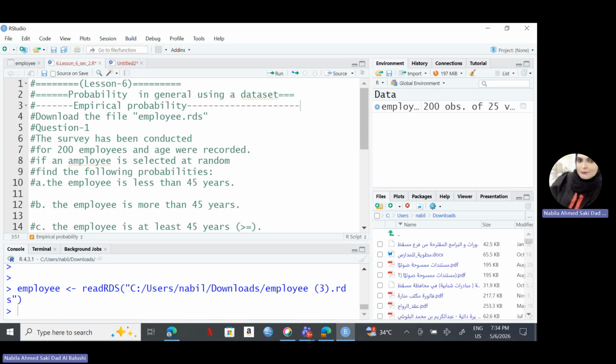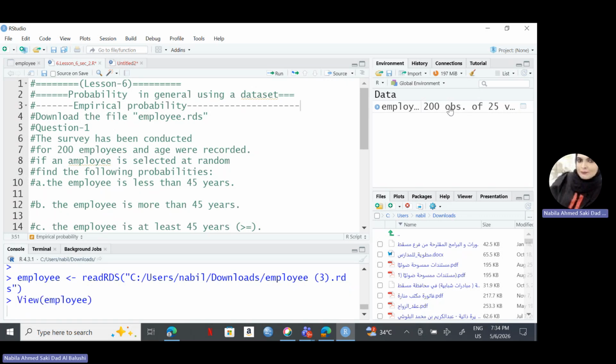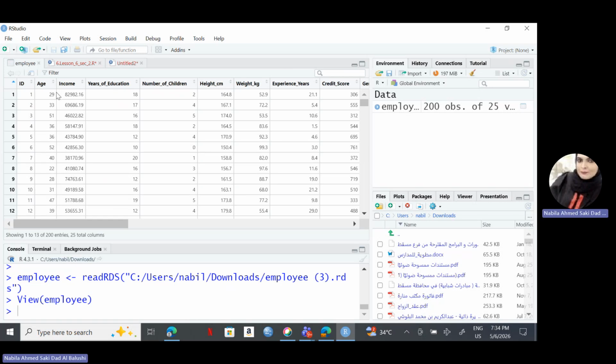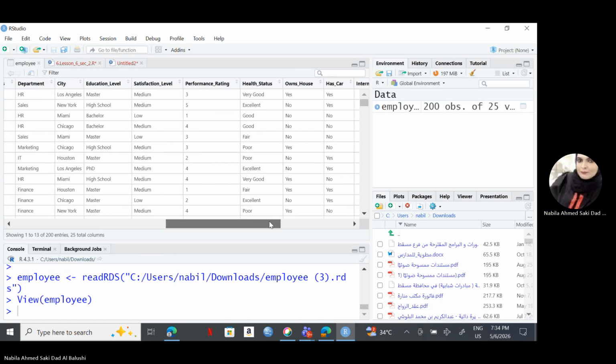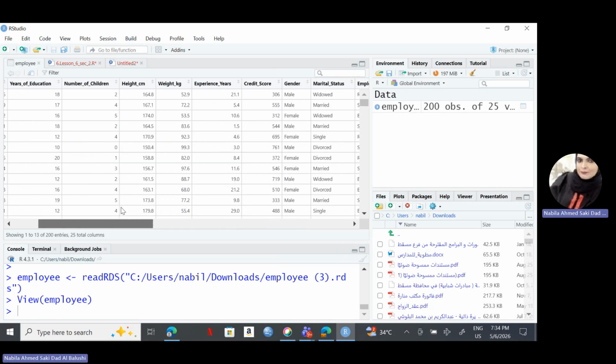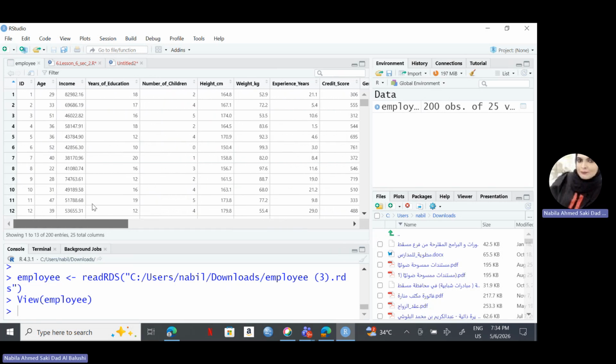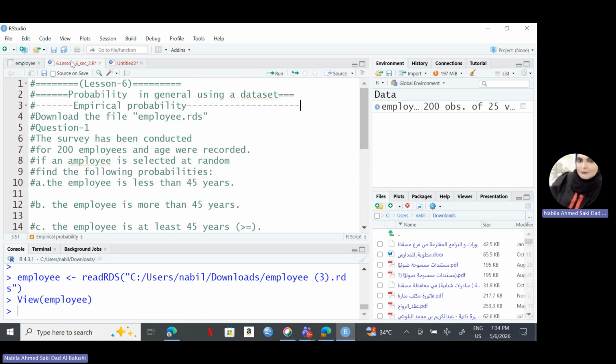This data frame, if you can see in the environment, has 200 observations. So the N is 200 and it has 25 variables. If you want to view this data frame, you can click on the data frame name and you can see that there are a lot of variables here. Some of them are categorical variables and some of them are numerical variables. Let's solve the first question